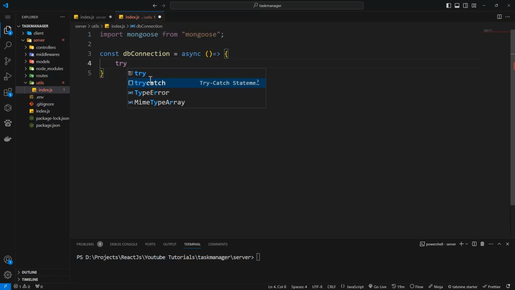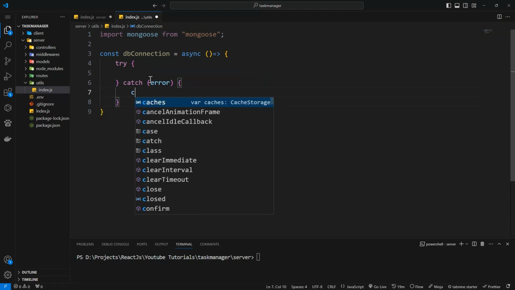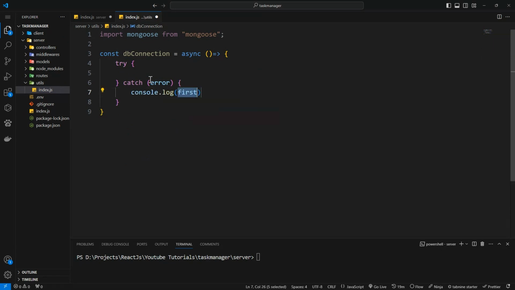When we get an error, what we are going to do is say console log. So we can just say clg to the console log, and we'll just say db error, right? Then we put the error. Okay, so that we know that this is coming from our database. Okay, let's say await